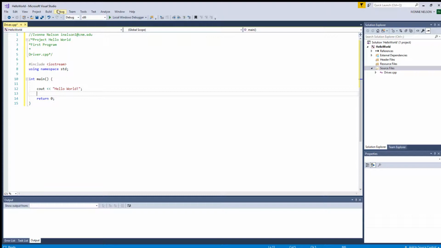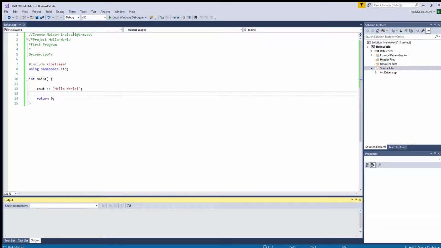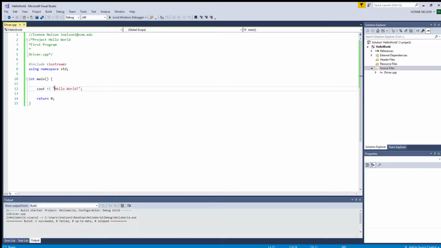I'm going to select debug, Start without debugging. If you like hotkeys, use Control F5. And here it is, Hello World, way up at the top, and then it says press any key to continue. All right, well, I would like it to look a little better than that,